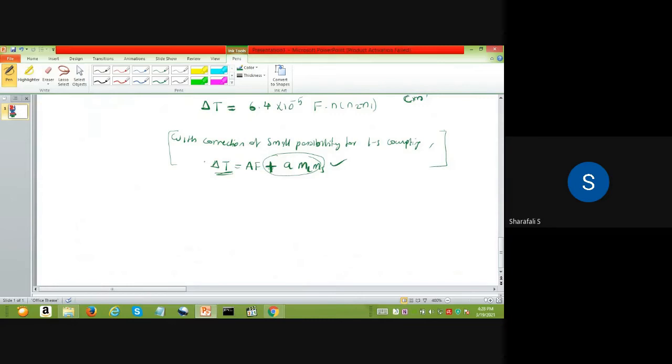And for the effect of the splitting for the first 3 levels, n equal to 1, 2, 3 for hydrogen atom, if you consider that scenario,